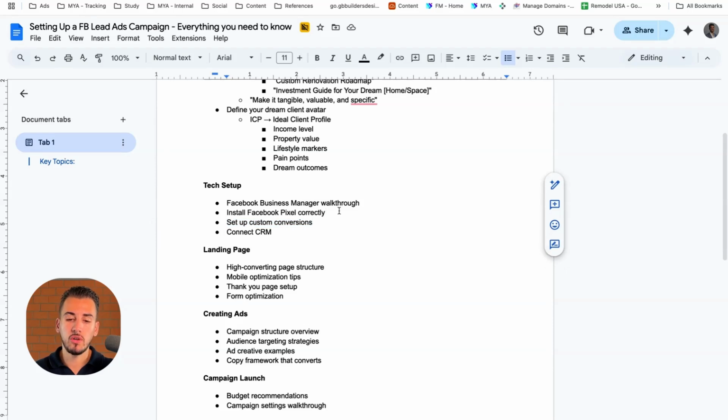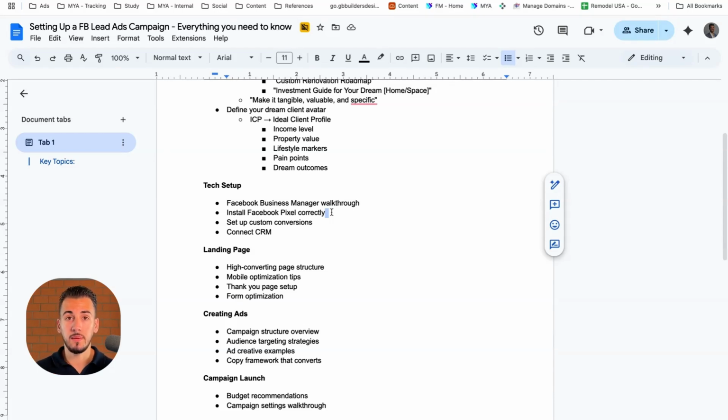Then we want to make sure that we have a Facebook pixel. Now it's called data sets in the Ads Manager, but we want to make sure that we have this set up correctly and that we have this pixel firing on our landing pages when we run the ads. Not doing so, or not doing so correctly, is going to significantly damage your results or not get you as good results as you could, because this pixel is what makes Facebook ads or Meta ads so good, because it